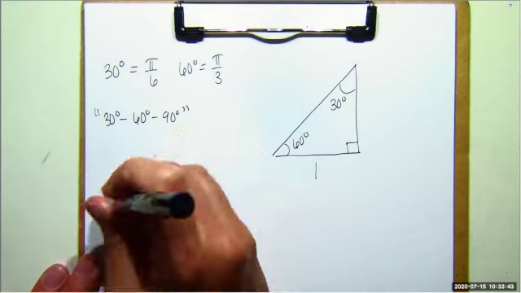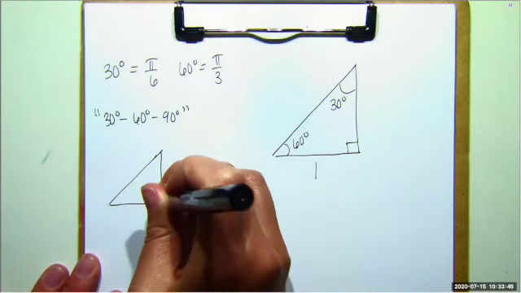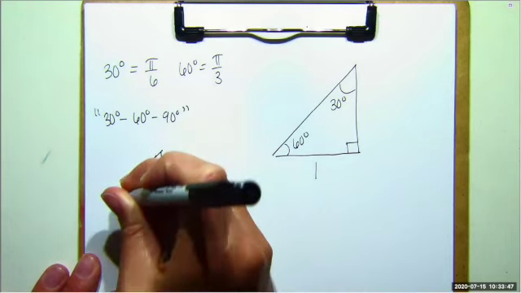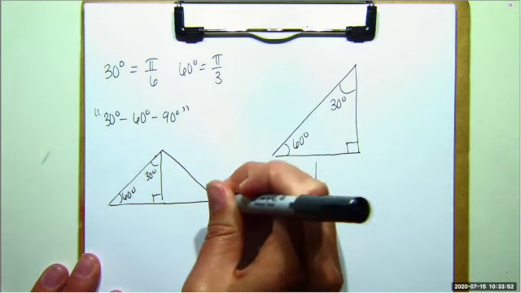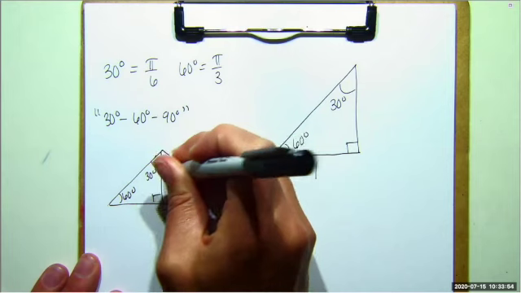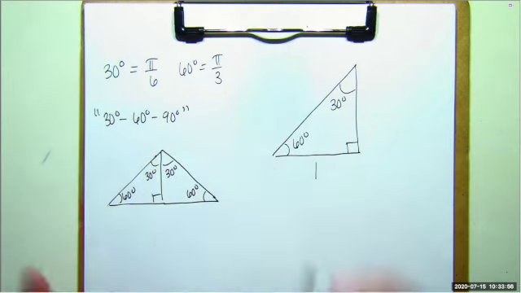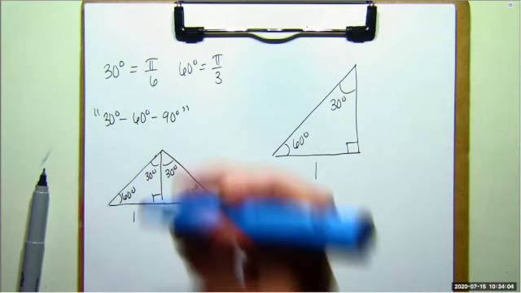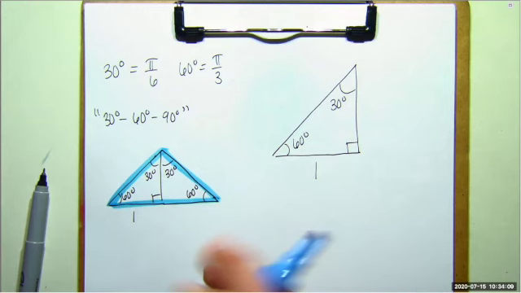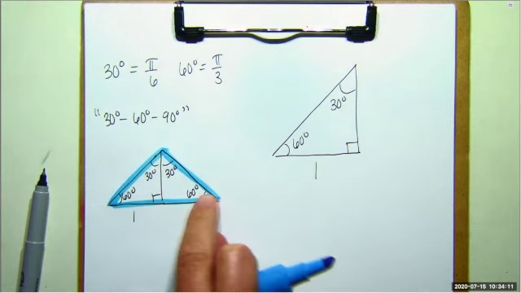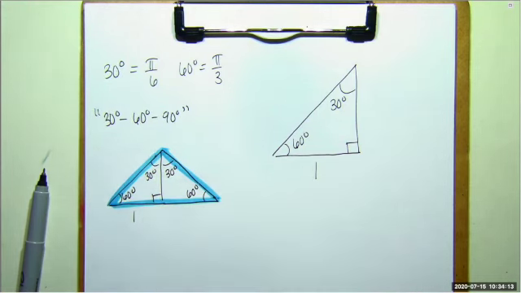So what I'm going to do is take this 30, 60, 90 triangle, and I'm going to butt it up next to another 30, 60, 90 triangle. We already decided this side was 1. Okay, so now what do I have? If we look at this big outer triangle, this is an equilateral triangle, right? This angle is 60, this angle is 60, this angle is 60,